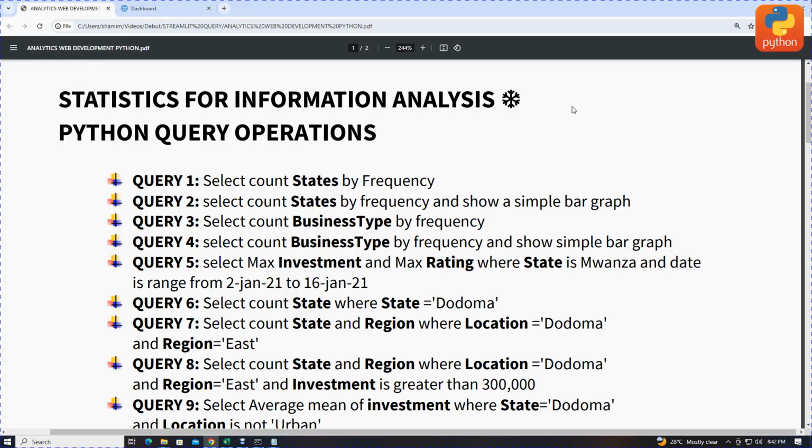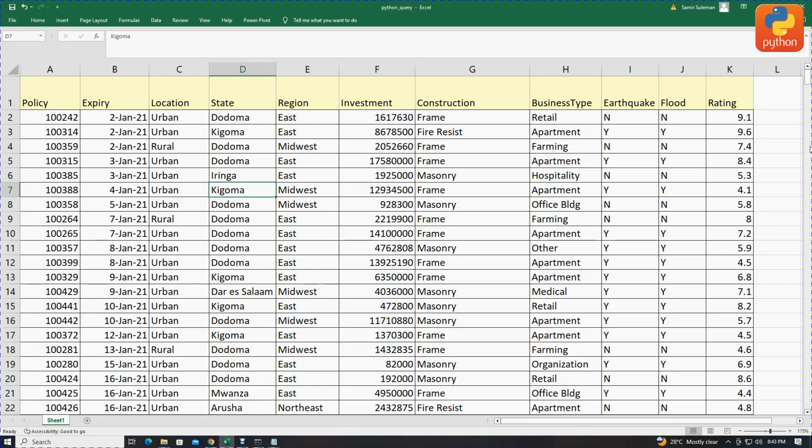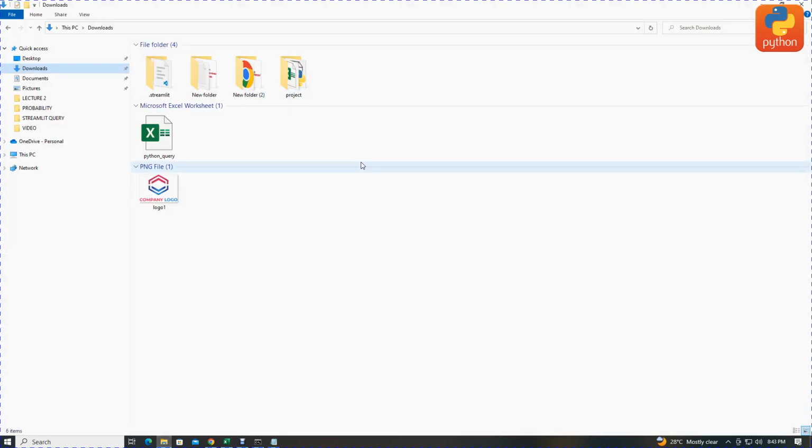First tutakuwa na query worksheet ambayo tutatumia kwa ajili ya ku create a query. This is a query worksheet ambayo tutatumia. Okay, and also we have a real world data set ambayo tutatumia kwa ajili ya ku create a project. So to implement this project,